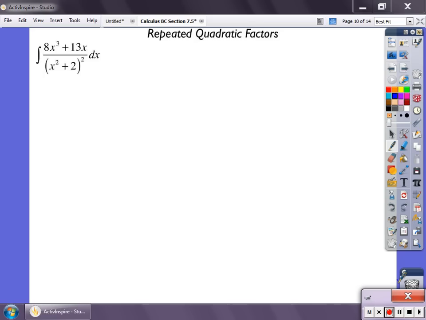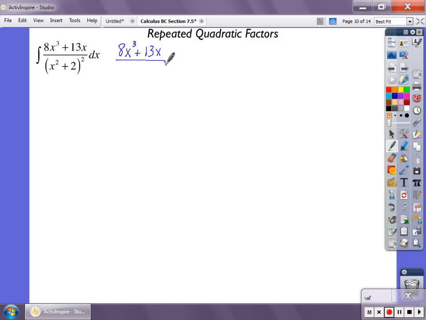plus 2, which is irreducibly quadratic. This will not factor, but it's squared, so it's repeated. And so when we do our partial fraction decomposition, 8x to the third plus 13x all over the x squared plus 2 squared, we're going to say then, since it's quadratic, we have to do the ax plus b all